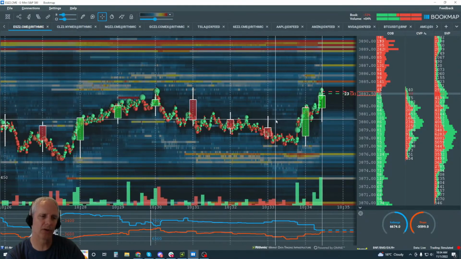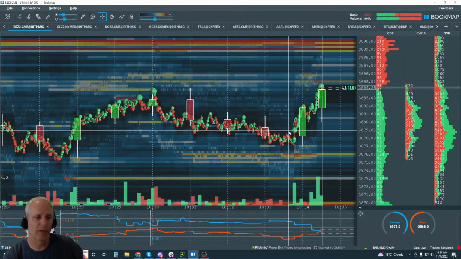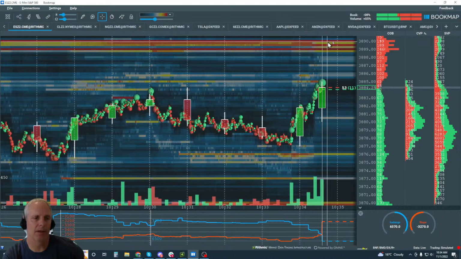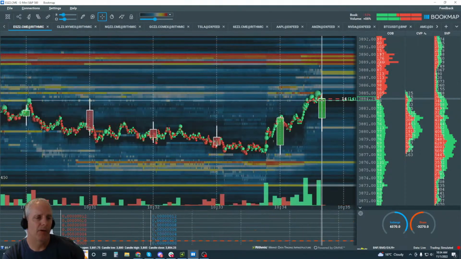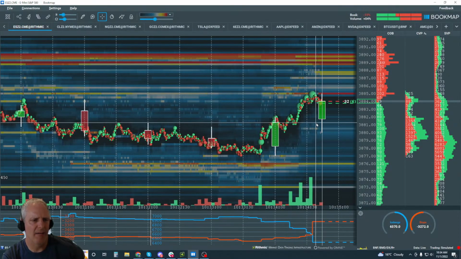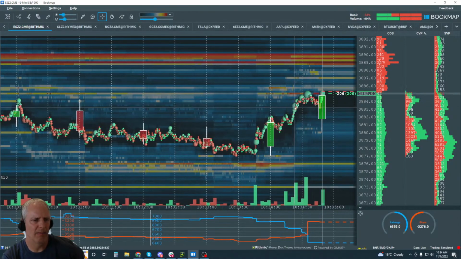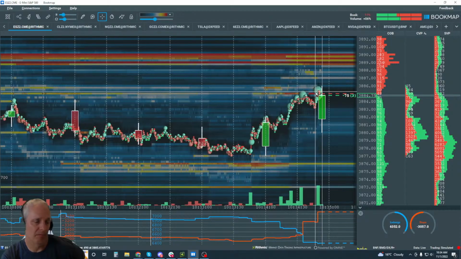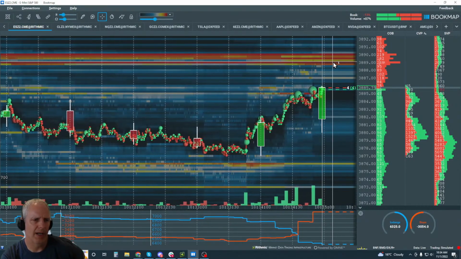We'll zoom in here and show you the details. This is a powerful move. This is a very powerful move. Now we're looking for the continuation up into 90 here. So how would you manage this one? Well, I'm looking for maybe a pullback to about 83, maybe 81. But maybe it's just 83 because this is a powerful move. There's your pullback. Suppose you got in there at 83, and now you're looking for 89, 90.